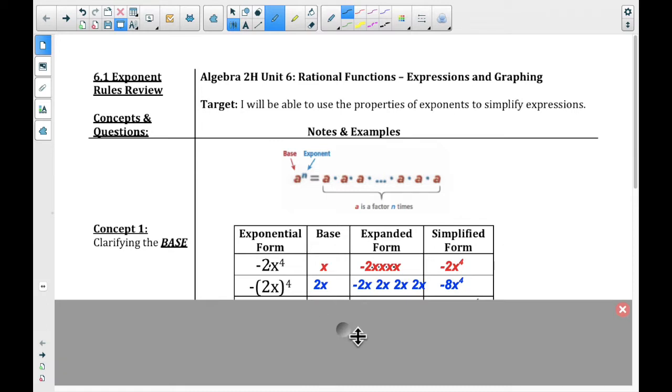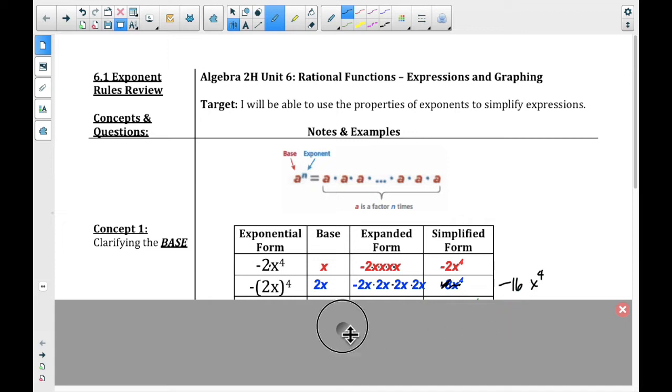However, on the next one, we have some parentheses. The parentheses shows us that the whole thing is the base, that the 2x is being taken to the 4th power, but not the negative. So like when I write it out, for instance, I have a negative out here, but then 2x times 2x times 2x times 2x. So my negative stays. 2 times 2 times 2 times 2 is, I wrote 8, but it's actually 16. So let's make that into a 16. We're going to change that. Negative 16x to the 4th, because 2 times 2 times 2 times 2 is 16, and then 4 x's altogether is